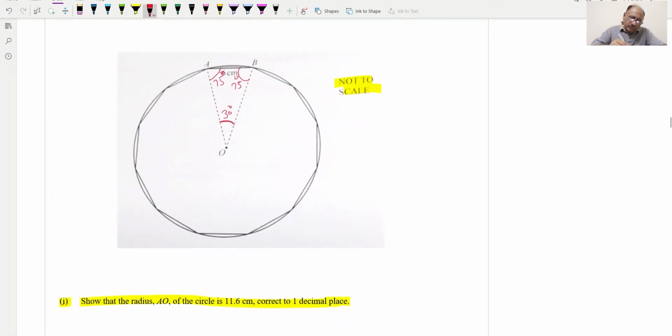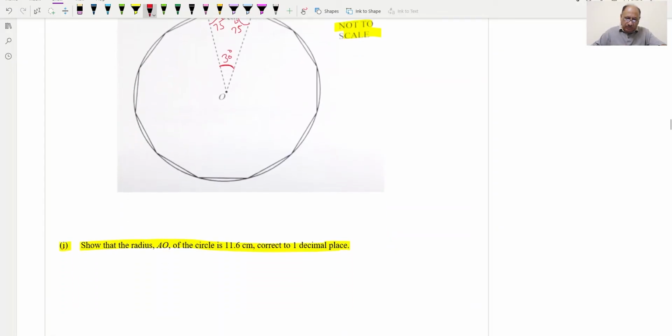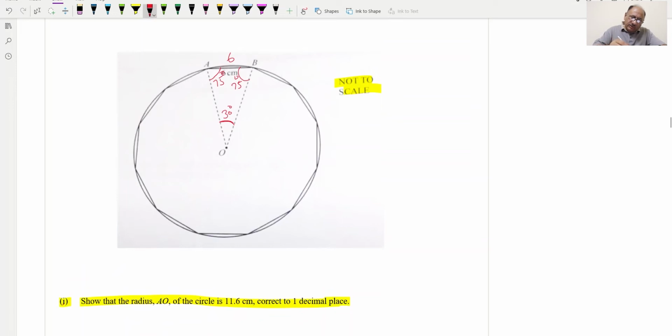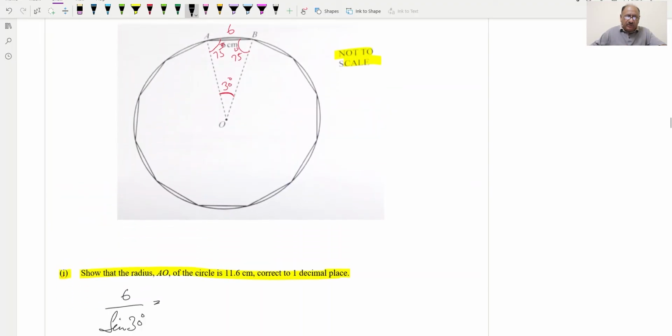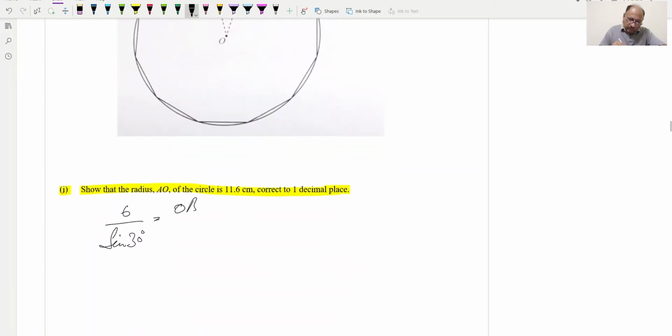So we can take this as 6 centimeter, and now we can calculate. We will take AB and the opposite angle which is 30 degrees. So we will write 6 over sine 30 degrees, sine rule which we are applying, and OB divided by sine of 70. So OB sine of 70 degrees, and this implies OB will be equal